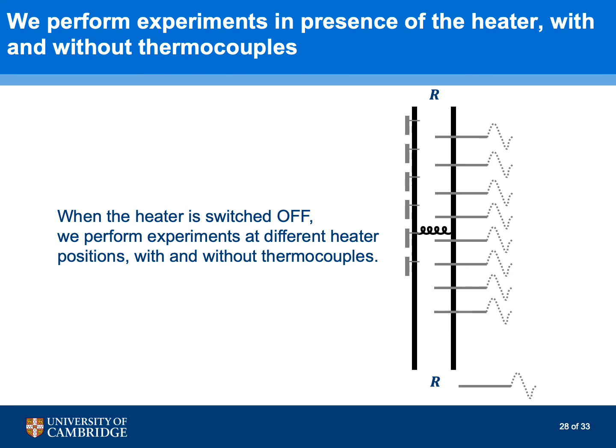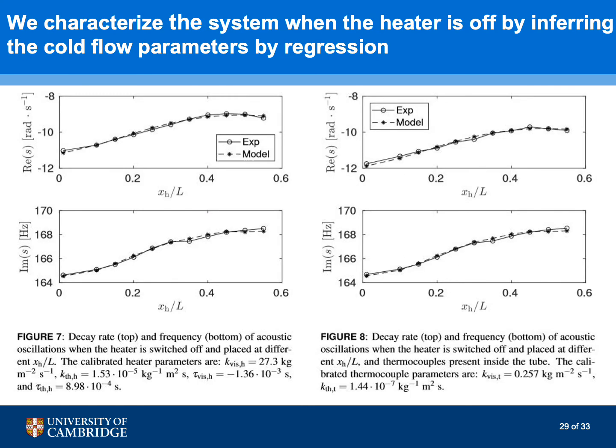To infer these 5 independent parameters, we perform lots of new experiments with the heater inside the tube switched off, placed at different locations with and without thermocouples. For each experiment, we measure temperatures, decay rates, and frequencies. The result of this process is shown in these figures, where you can see a comparison between experiments and modeled predictions of the decay rates in the top figures and of the frequencies in the bottom figures,